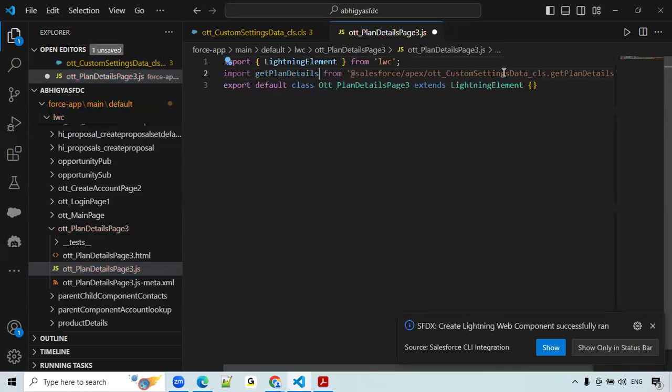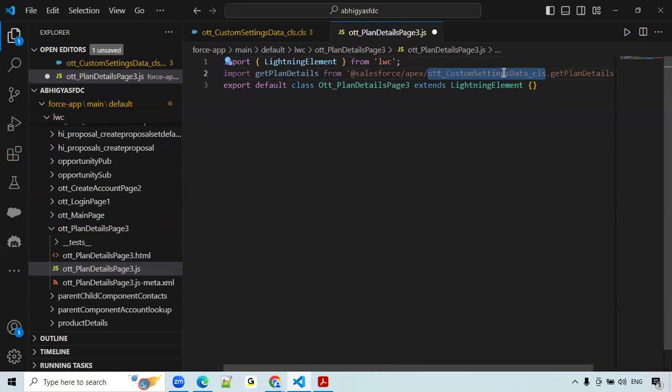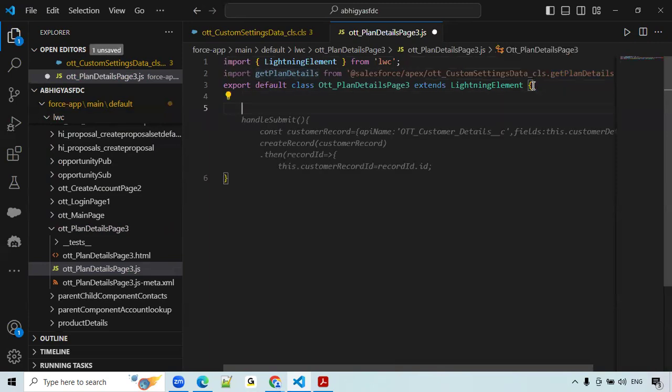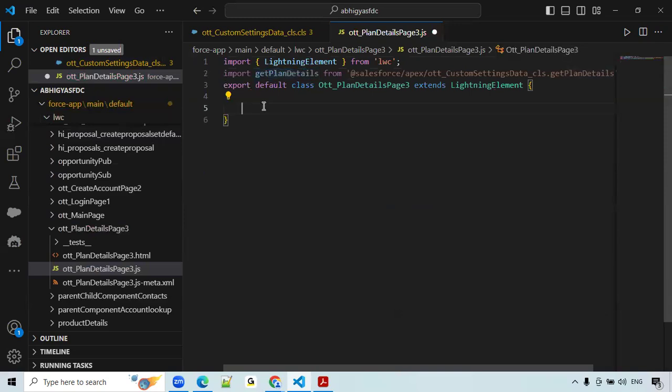This is our custom settings class name, and this is the method name. Save. So already we know, on page load time, we need to fetch the data from the database. How are we going to fetch the data from the database at page loading time? With the help of the wire method, we need to fetch it. So this is our method name, adapter name,